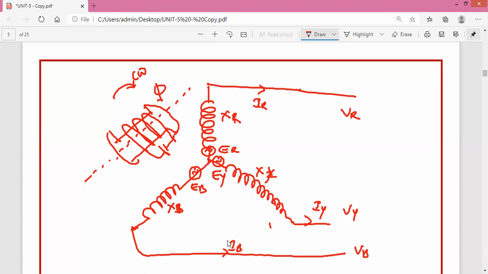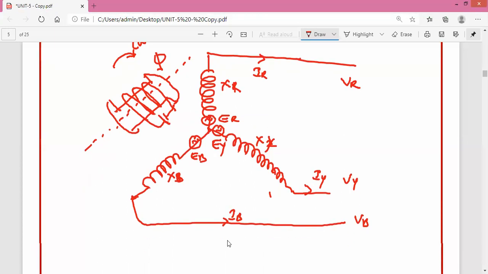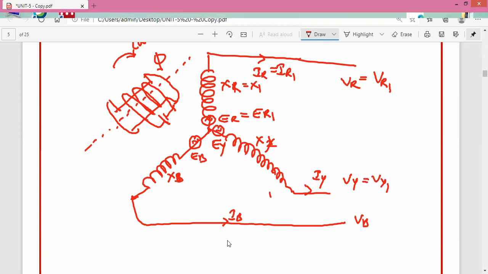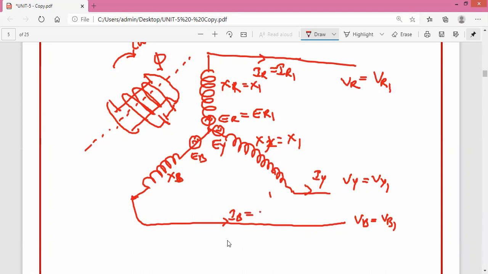So when the system is working under steady state condition, the general sequence is called the system sequence, which is nothing but positive sequence only. So I am replacing all with positive sequence components. I am saying it as positive sequence, and I am putting it as 1. So for all the phases, it is the same expression, so I'm not writing for all phases. Let me write for the first one. This is E1, and these are also EY1, and this is also EB1.